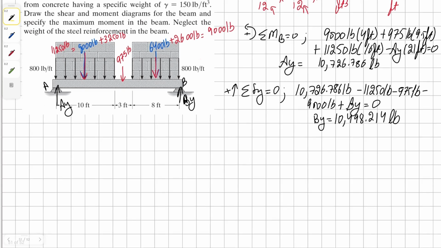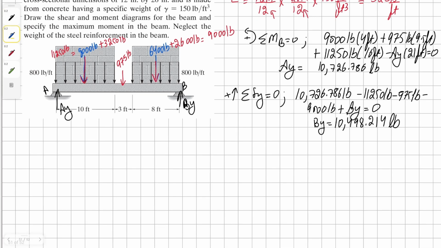Alright, now we have all the required forces. We can start drawing our shear and moment diagrams. So we're going to begin with the shear. Our shear begins with AY, which is positive 10,726. Oh, and by the way, I'm going to round these so they are easier to plot, so we're going to make it 727. So we're beginning at this point, and then from this point we're going to go down